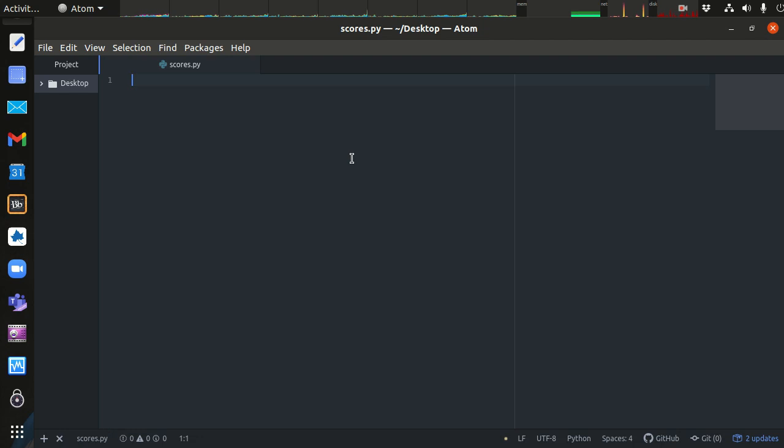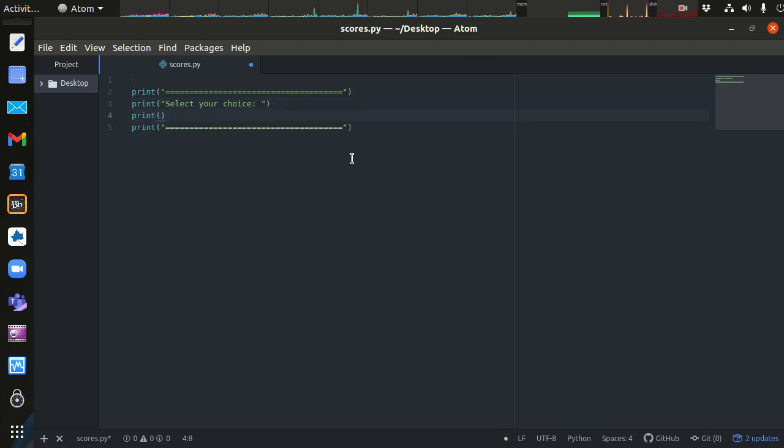Scores.py. Alright, and we're going to use sort of the framework we have for a few other programs. We're going to make a simple little menu, and we'll do this fast because we've done this before. And select your choice. Alright, and we're going to have some menu options here for the user to select what they want to do. And the first option will be add a score,